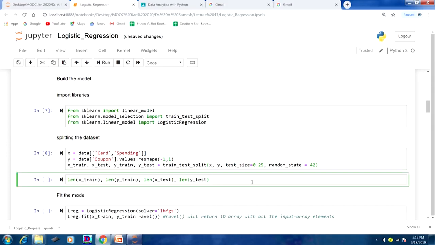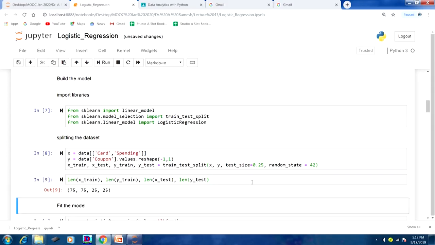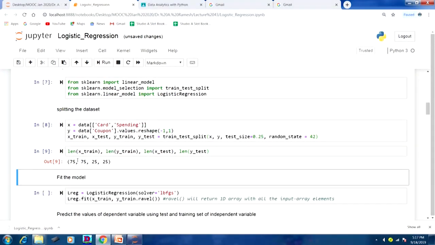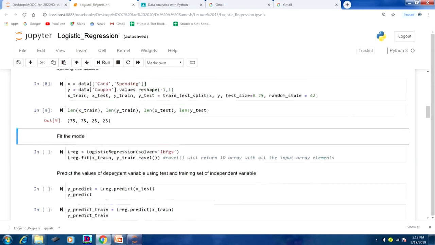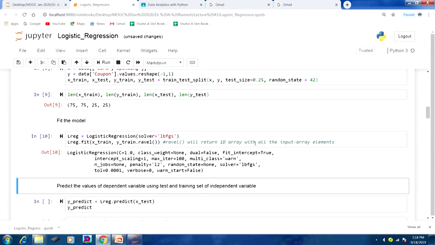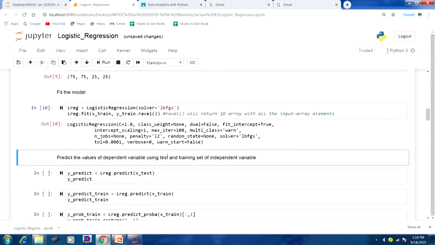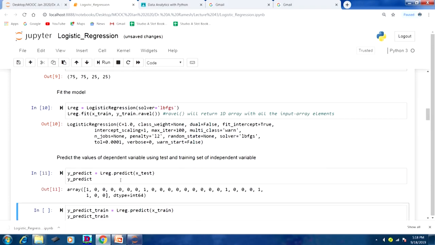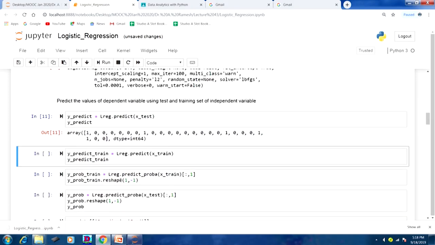So, let us see how much is the training data set and how much is the test data set. For the x variable the training data is 75, for the y variable the training data is 75, the test data set for x is 25, the test data set for y is 25. Now, we will construct a logistic regression. We use the solver LBFGS, then we will predict with our constructed model with the help of the test data set. In our model, after substituting x values, this was our predicted y value.